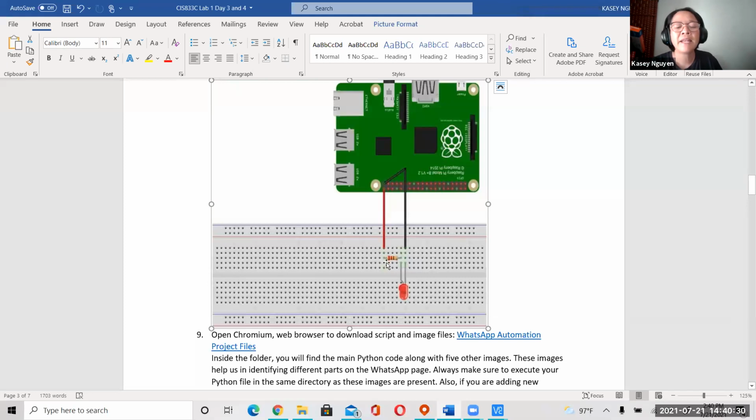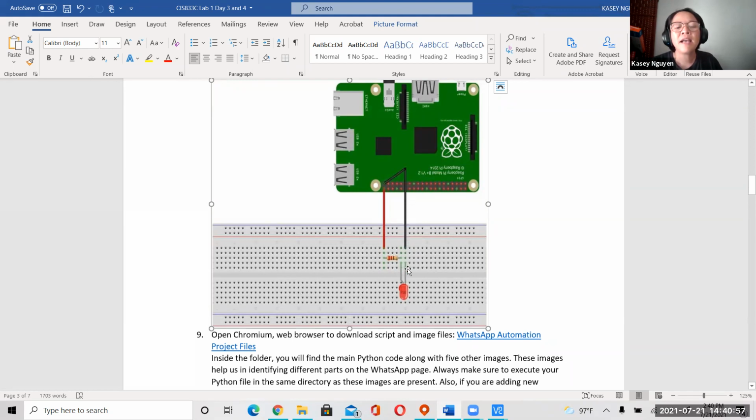To align it with the leg of the resistor. And then from that resistor, it's going to transfer that signal to the positive side of the electrical component, and then it's going to exit out to the ground. So as your circuit is a path, and it's a circular path, and